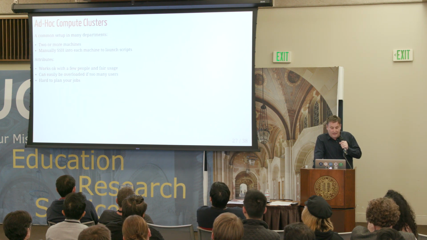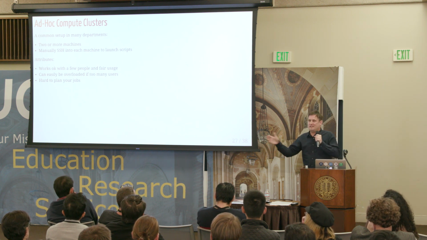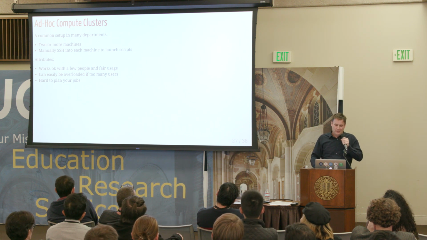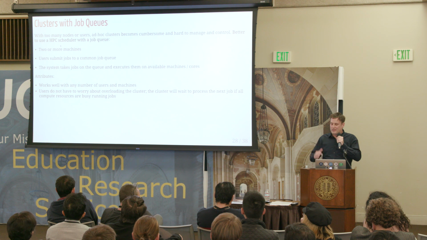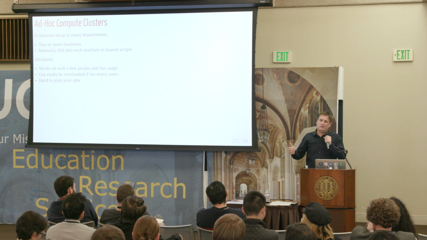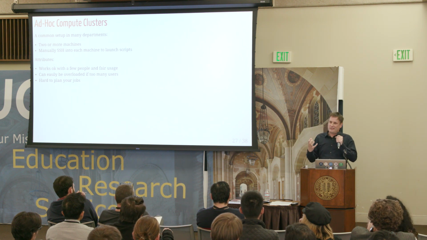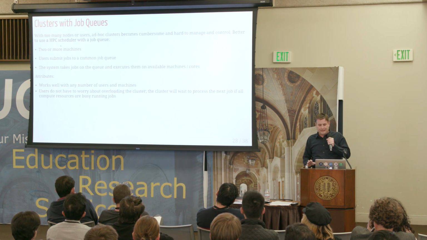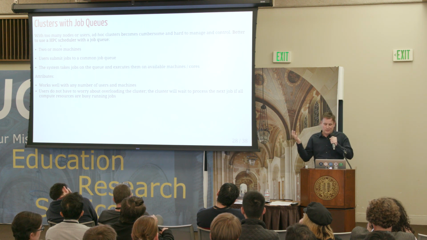And a lot of people in academia or other places have a few computers that sit idle, and you say, hey, I want to use those too. As long as you can SSH into them and you have R installed, you can start using those. That works if not too many people are trying to use them at the same time. But as soon as you have multiple users, multi-tenant environments, you need more orchestration, and that's where job schedulers come in. So the end user using that cluster environment doesn't have to worry about running other people over with your jobs. It will just work.